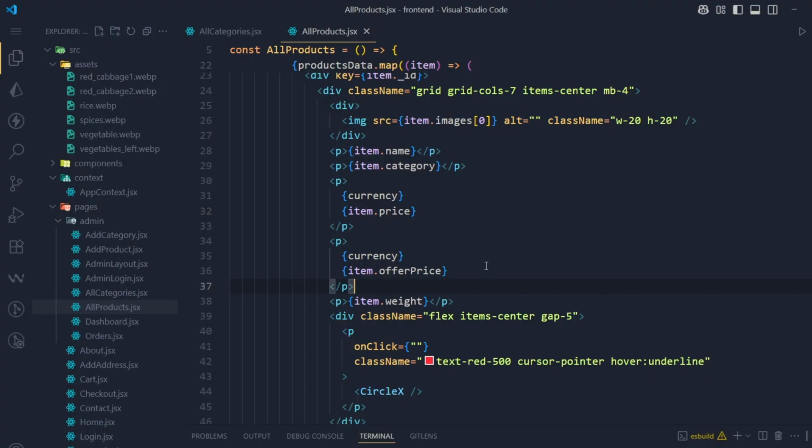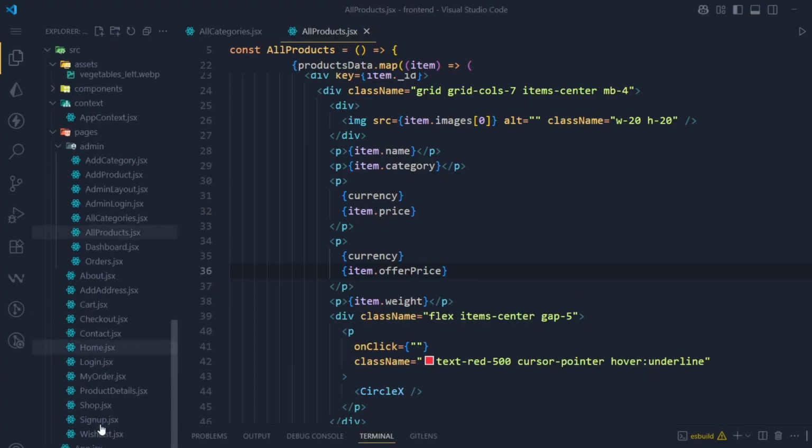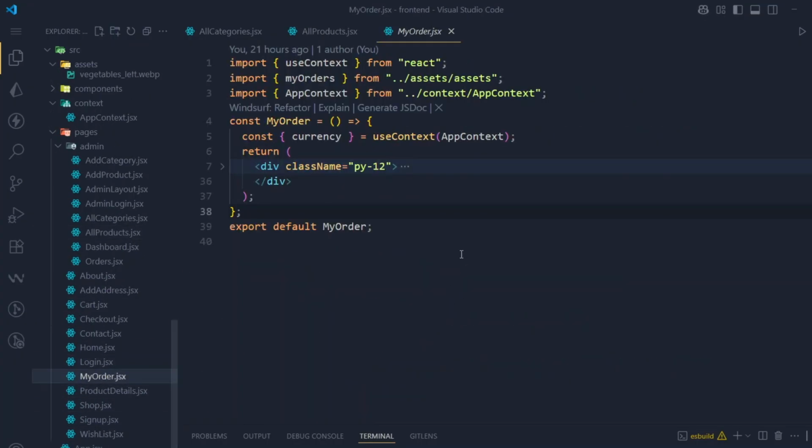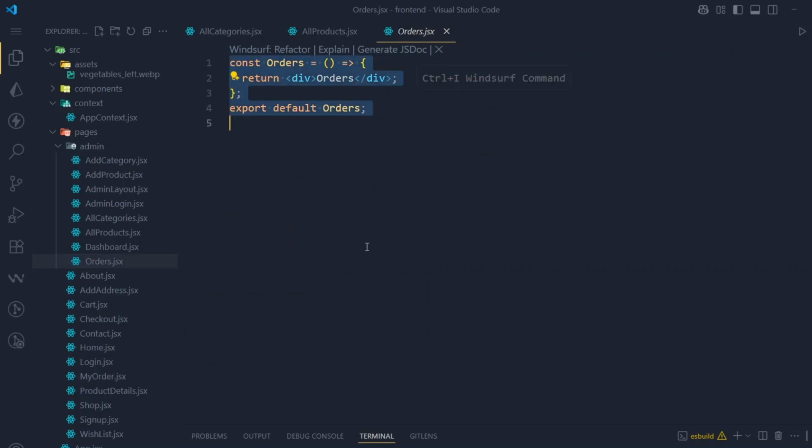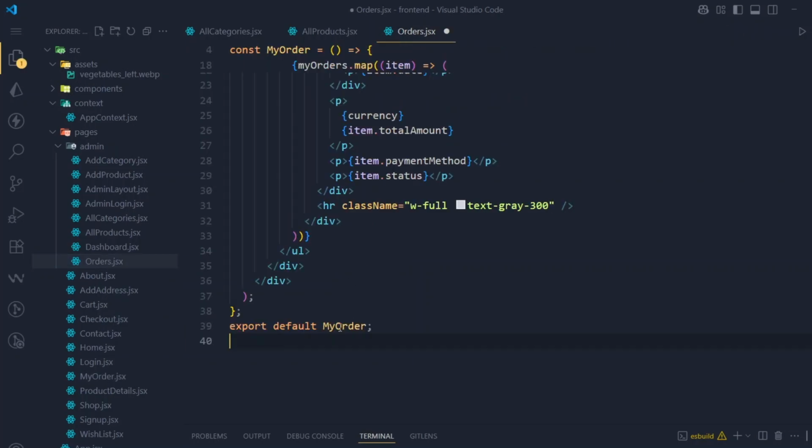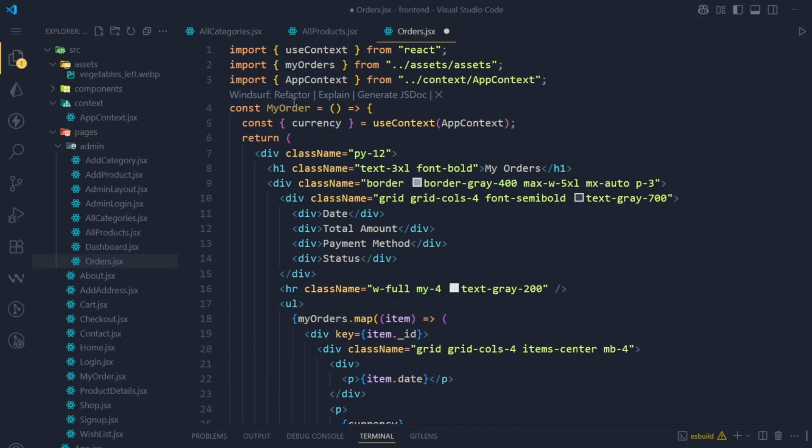So we have already done orders. For that we will use just orders. Here you can see my orders here. Okay, this is my orders. I will just duplicate all this like this. I will duplicate and I will paste it in orders here, and I will change this my order to just orders like this, and here also will be orders, because we